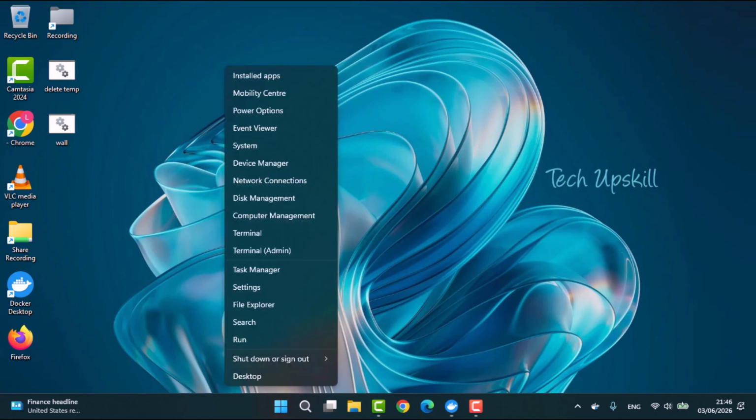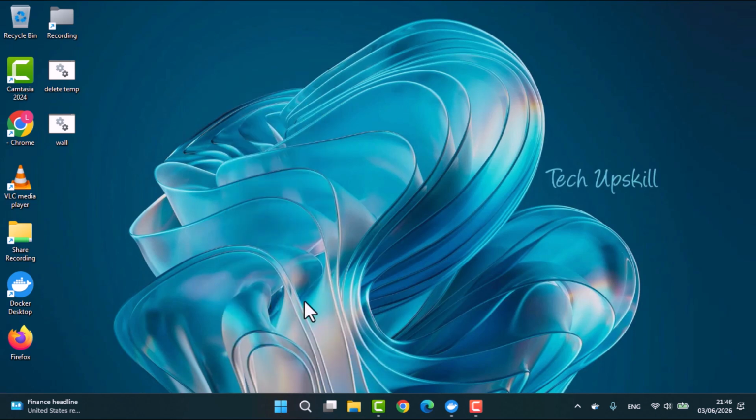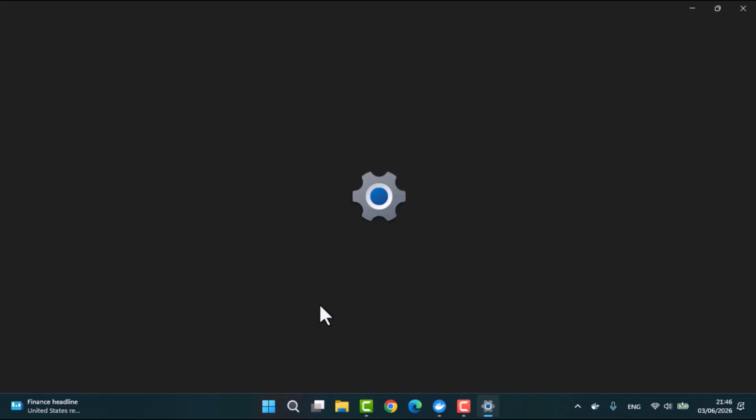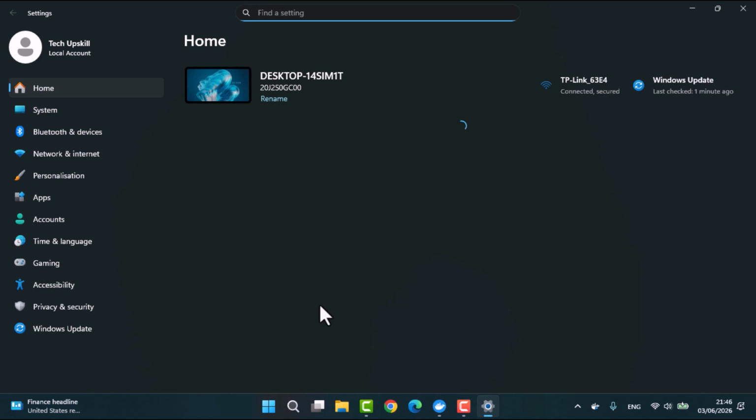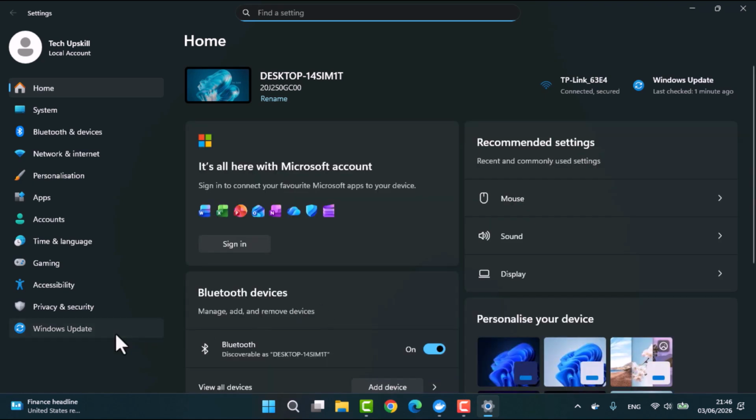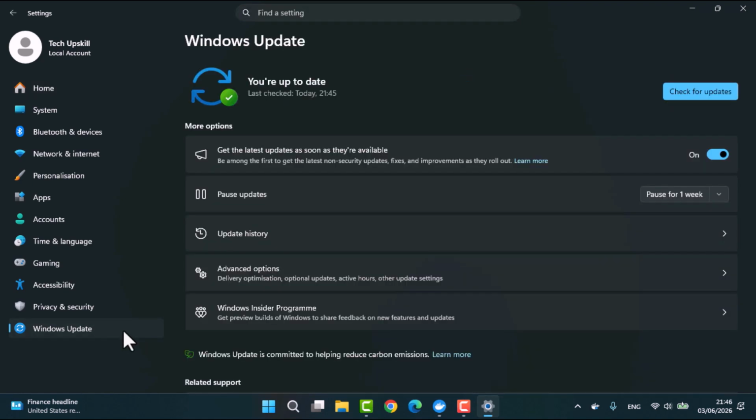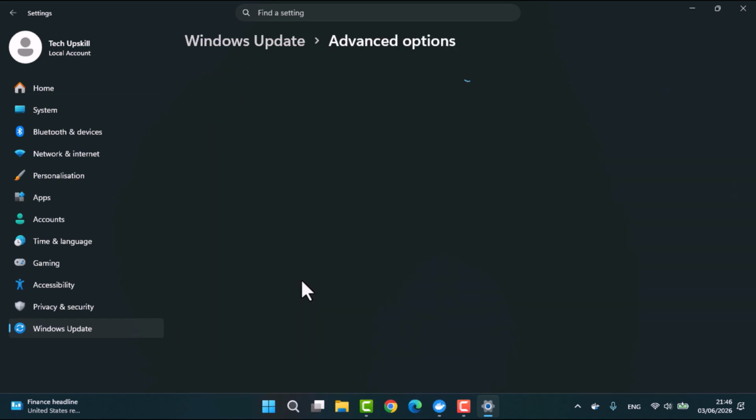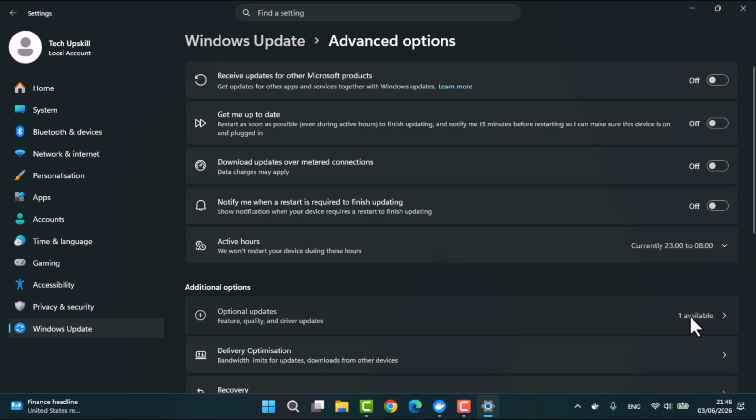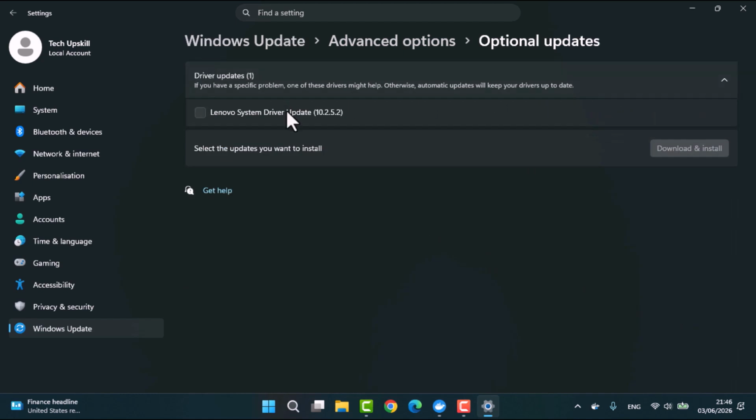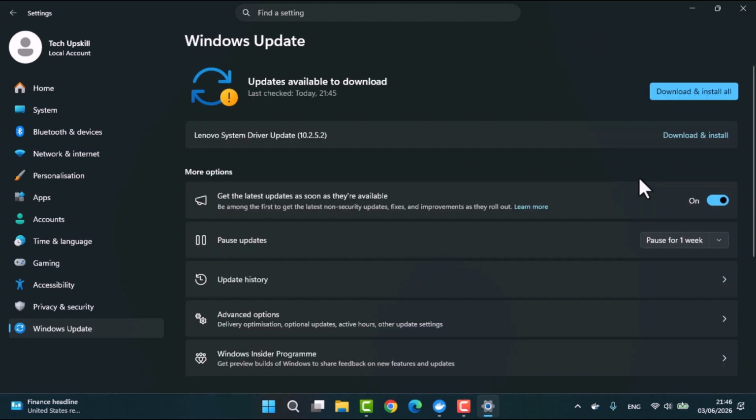To do this, right-click on the Start button and select Settings from the menu. Navigate to the Windows Update tab. On the list on the left-hand side, in the right pane, select Advanced Options. Here you will find the option for optional updates. If any optional updates are available, be sure to install them. After checking for optional updates, it is also a good practice to click on Check for Updates to ensure your